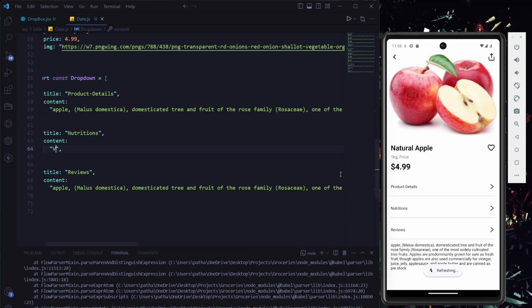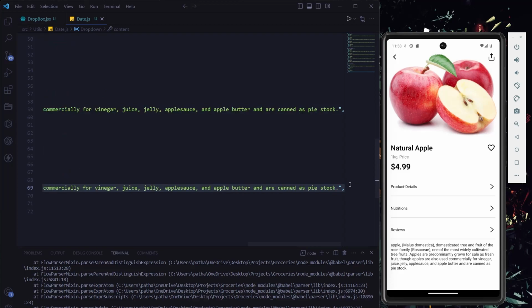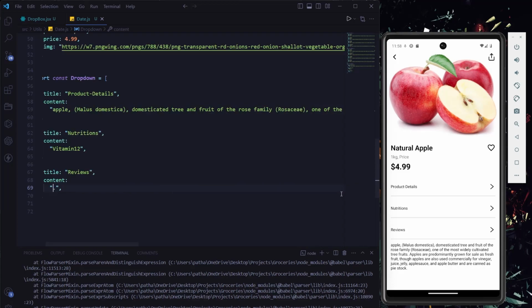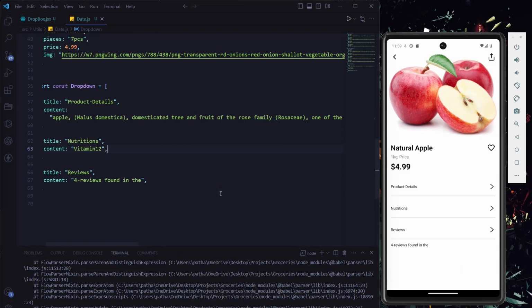So in nutrition, I'm going to say a vitamin wall something. I just typed randomly. Okay, you can simply ignore this right now. For reviews, what I'm going to do, I'm gonna say 4 reviews found in this. Nothing but I just entered some random text, that's it. Okay, if you see vitamin 12, and